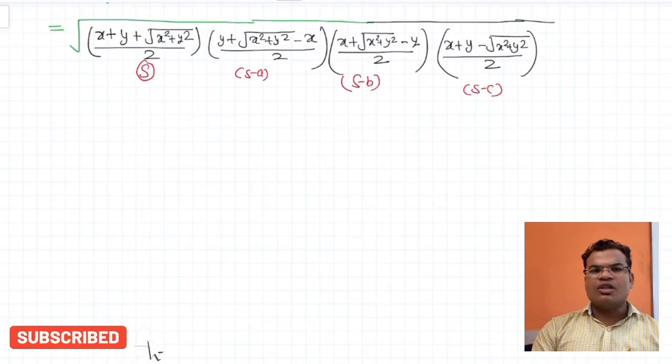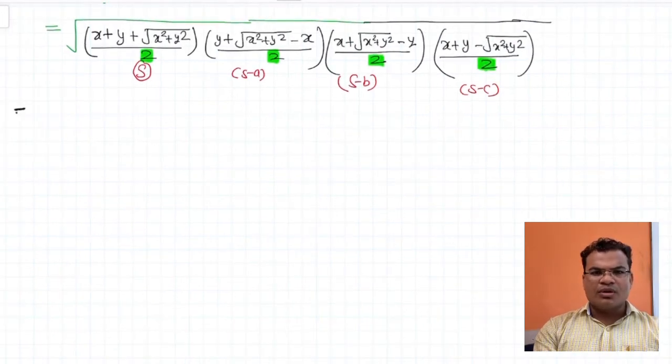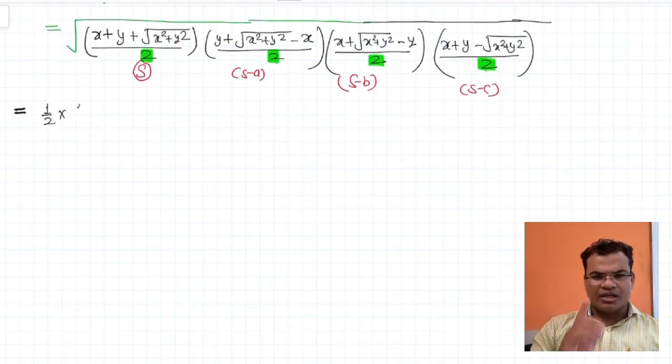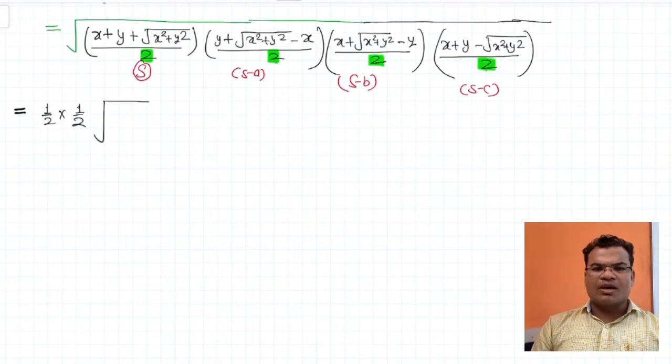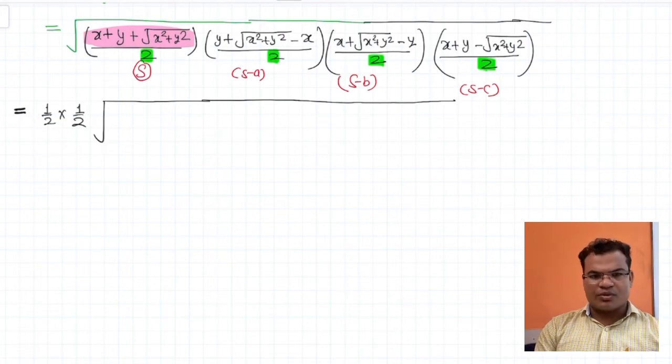If you notice this, all the 4 brackets have the 2 in the denominator. So there are 4 2's outside, you can take the 2 out of 4. Okay, so you can see here this 1 by 2 will come out. So 1 by 2 into 1 by 2, because 2 is in the denominator, so 1 by 2 under root will be as it is, and the remaining terms. So I can write the remaining terms of the numerator only. Write the numerator x plus y, this term first highlighted, x plus y plus under root x square plus y square. It will come as it is, and you can notice these 2 terms as it is, that is x plus y minus under root x square plus y square.